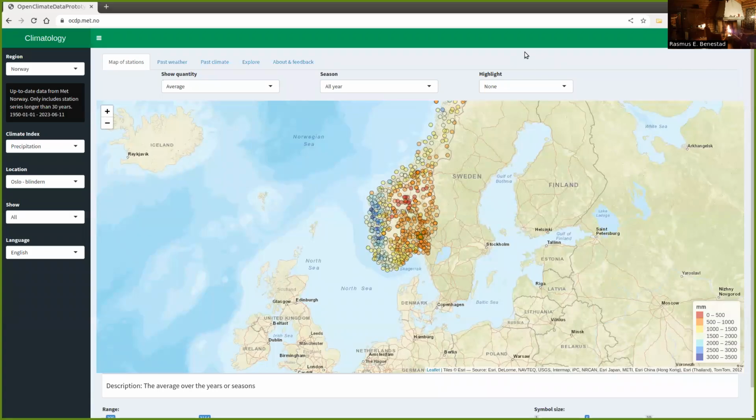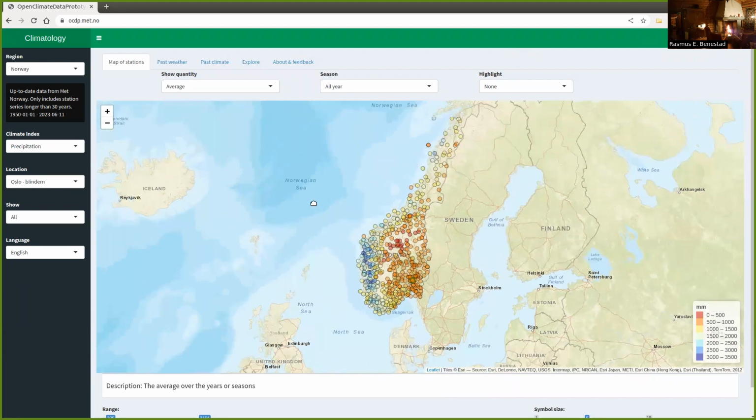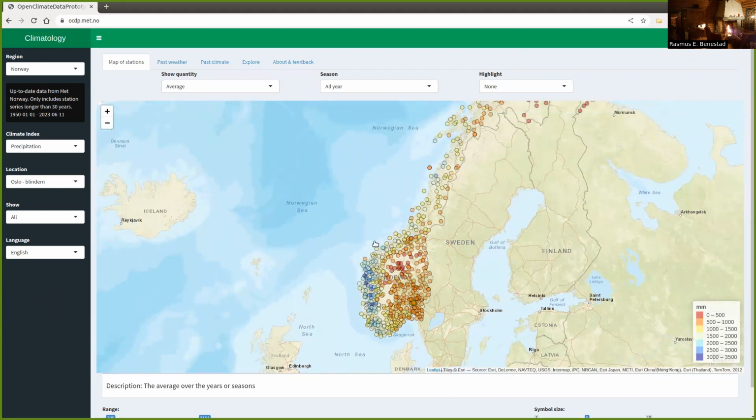Hi, I'm Rasmus Bennestad, and I will give a demonstration of an app that is designed to explore climate data. So in this case, data recorded at different sites, so it's like station type data. So this app here is accessible through the website